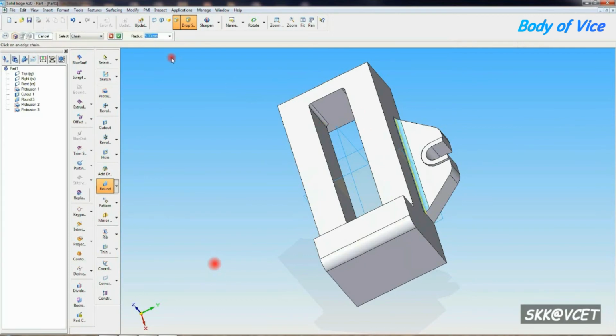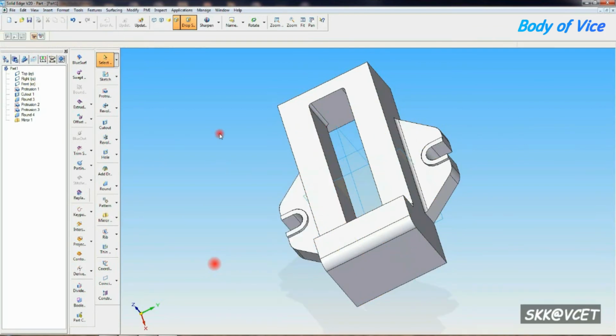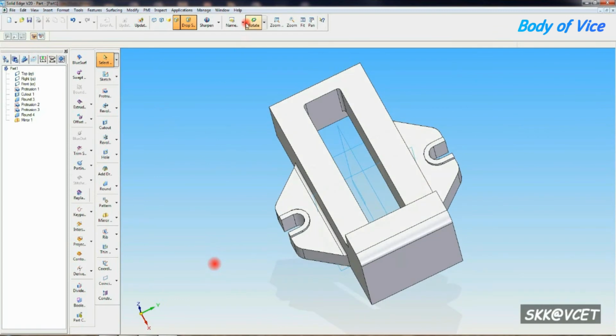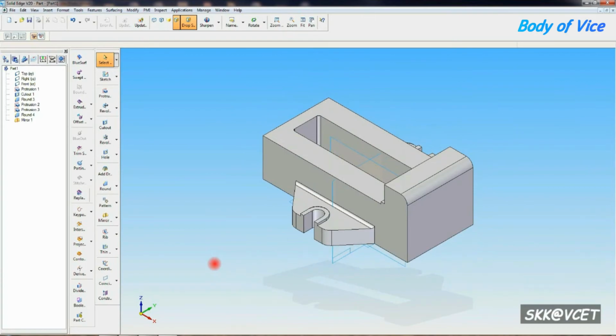For that you have to go to that small fillet you can do here. The dimension you can do R3 mm. Now you have to go to mirror. Same butterfly you have to make it to opposite side. So first you click on mirror and select protrusion 2, protrusion 3 and round. Then smart you have to click, and the right mark you have to click. Then you have to select the front plane. You can see that butterfly structure opposite, isometric view.